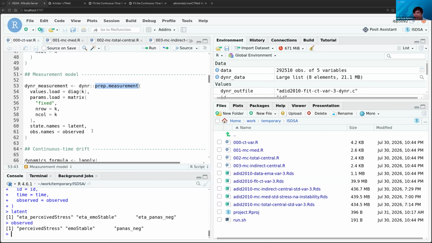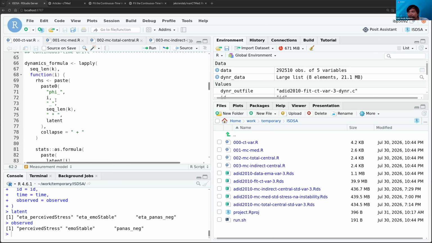Okay, so basically what I'm trying to do here is that I have single indicators of my latent variables. So I have one measurement of perceived stress that is used to measure a latent variable, perceived stress, and so on and so forth for the rest of the three variables. You cannot do this in conventional CFA, but you can do this in the context of time series models. In the context of a state space model, you can have a single indicator for a latent variable.